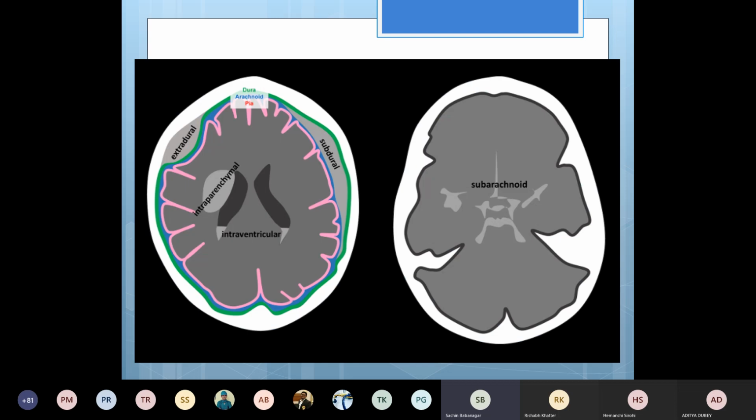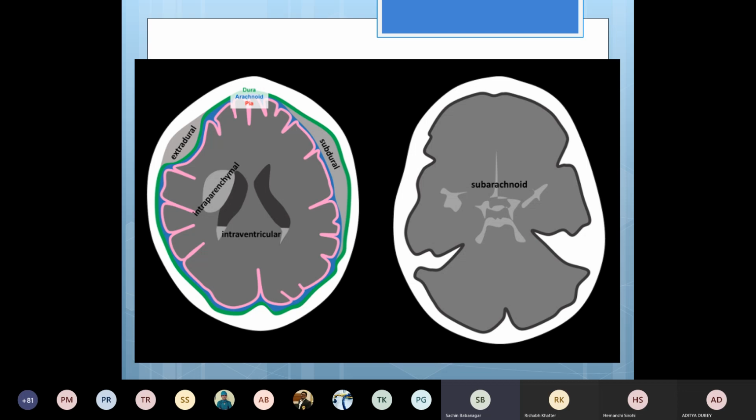Now, this is just a diagrammatic representation. So the green one you see is the dura mater. Outside that, you have the extradural hemorrhage, which is biconvex. You can see that biconvex shape of extradural hemorrhage. Then the blue one is the arachnoid mater, and the pink one is the pia mater. So you can see the subdural hemorrhage is basically not biconvex. It just has one side convex and the other side concave. Sometimes it may not even have this shape, but typical extradural usually will have this biconvex shape. And subarachnoid will follow the sulci or the cisterns. So it will take the shape of the normal anatomy of the sulci and the cisterns.